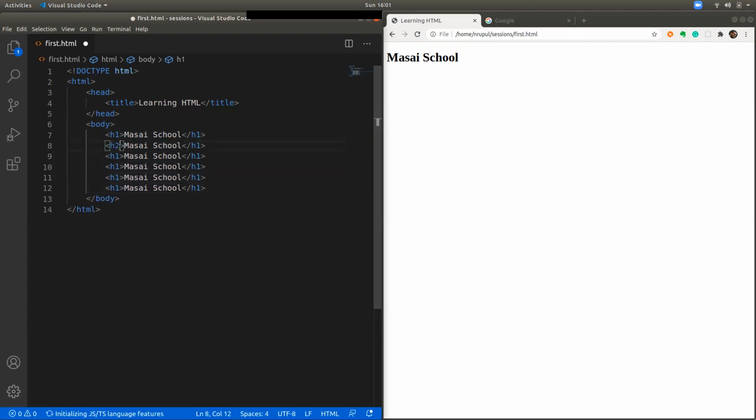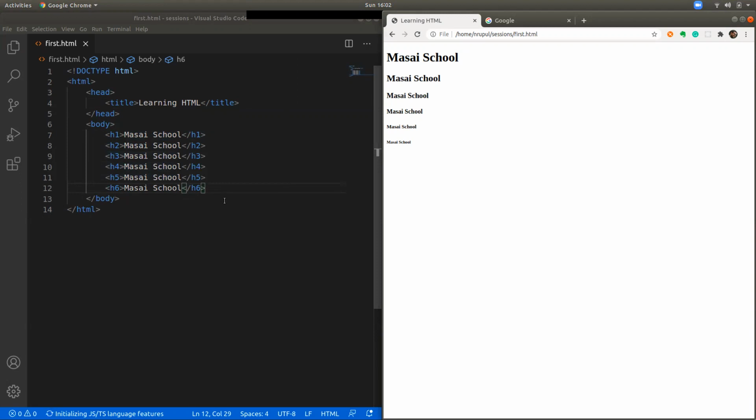Now you can change the numbers from H1 to H6 and see how these appear on the web page. Each one has a different size. As you go down from H1 to H6, the size of the heading decreases. These can be used when you want to put headings.